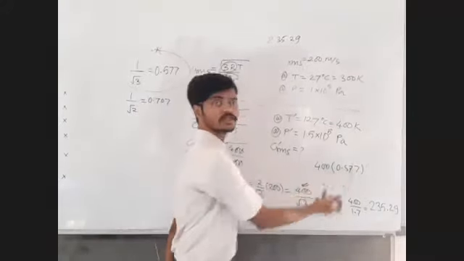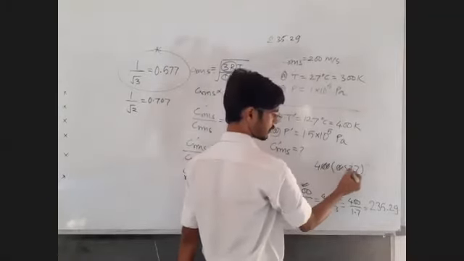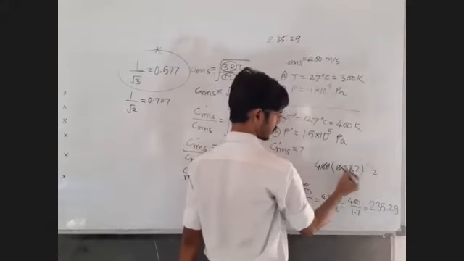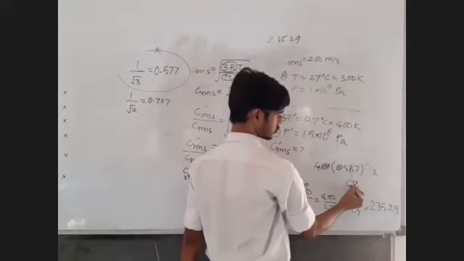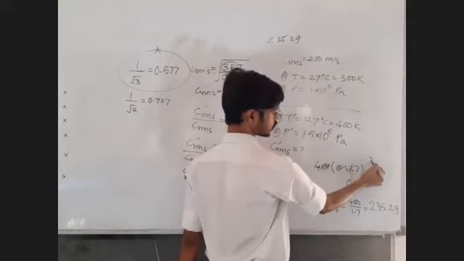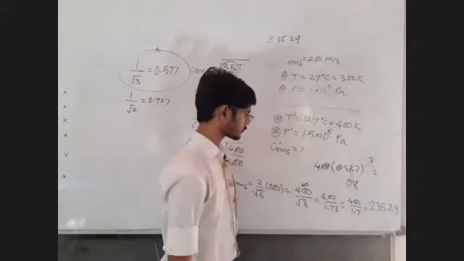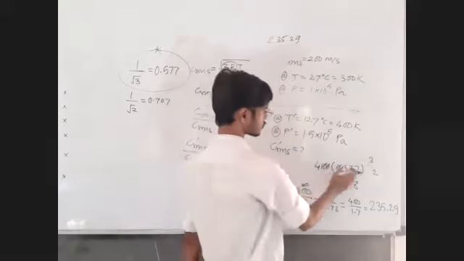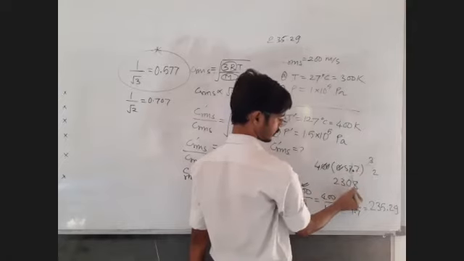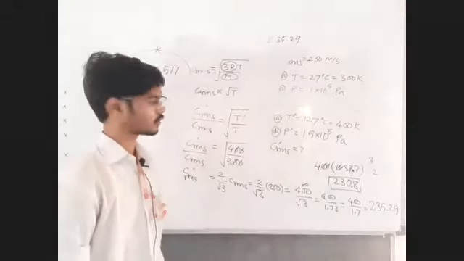Multiplying by 4 is not a big deal. So this point will become 57.7. 7 into 4 is 28. Carry 2. 7 into 4 is 28, 28 plus 2 is 30. Carry 3. 5 into 4 is 20, 20 plus 3 is, am I right? 23. So placing the decimal point after the first digit, I am getting 230.8 as the final answer, which is almost the same as